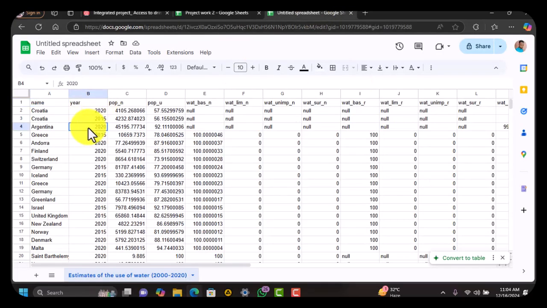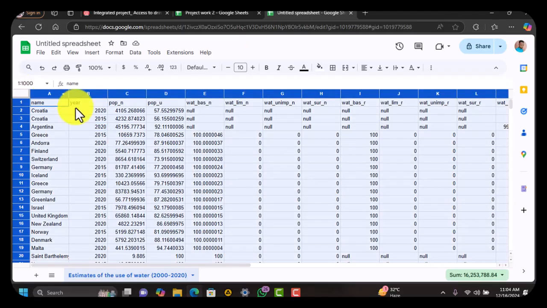So we come here, then we select the whole data. So we click on this small box here so that it will select everything. Then go to